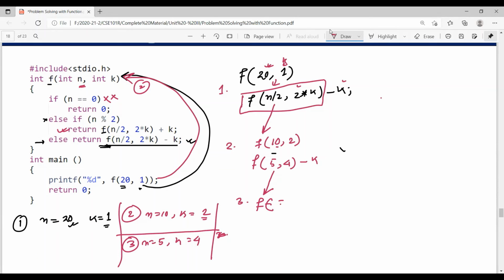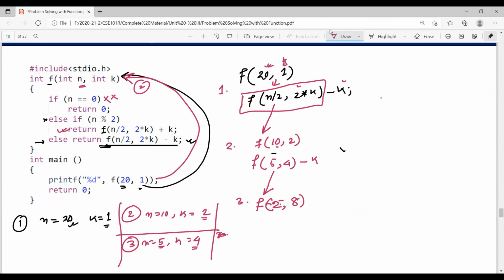Okay. So now it is coming to this line, n by 2. 5 by 2 becomes 2, comma 2 into k. What is k? k is 4. So 2 into 4 becomes 8. Right? It generates another function call, correct?